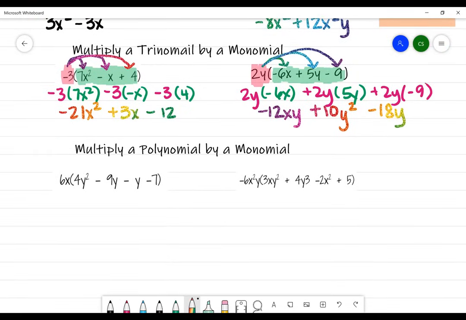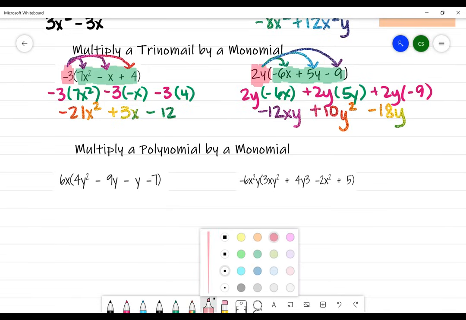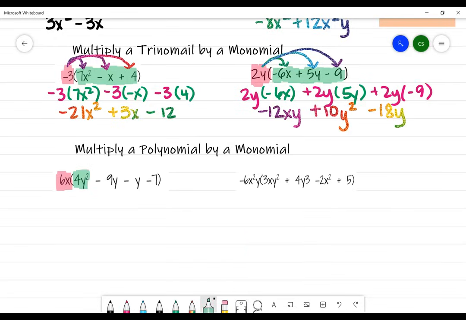All right, multiplying a polynomial by a monomial. That means 4 more terms multiplying by that 1. So I'm taking my outside term, 6x, and I'm multiplying it to the polynomial on the inside: 4y squared minus 9y minus y minus 7. Meaning I'm taking the outside term, multiplying it to the first term, the second term, the third term, the fourth term. So I take 6x